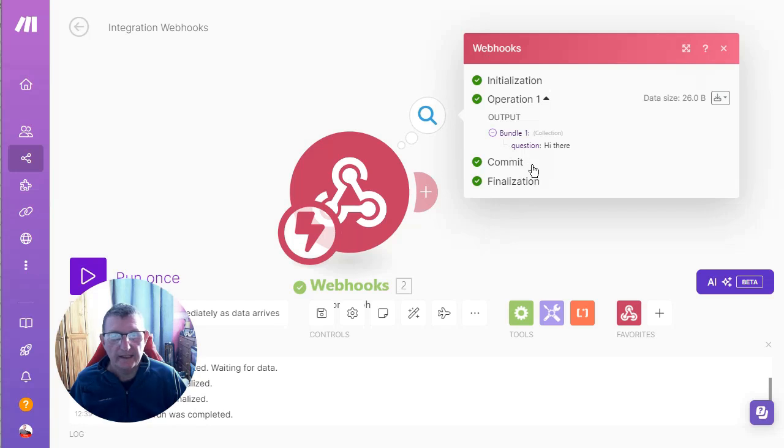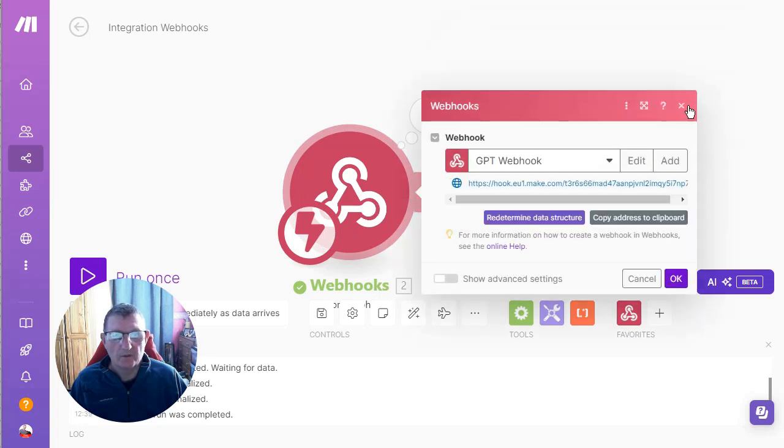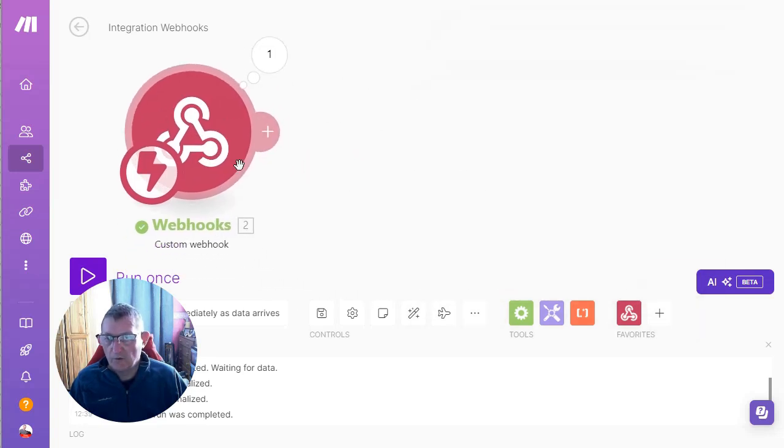Right, and as you can see, the bundle has come to the webhook. So we know we've got the first part working. That's changed to green, which shows it's all working. So first of all, before we go on,